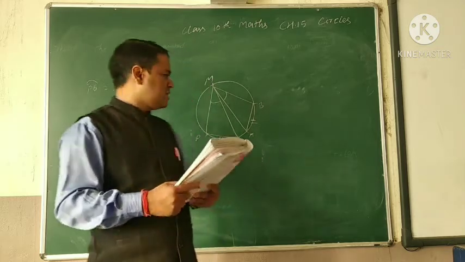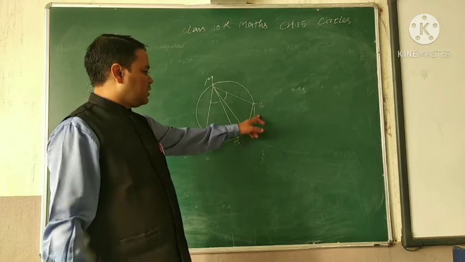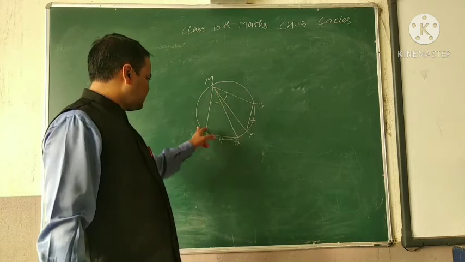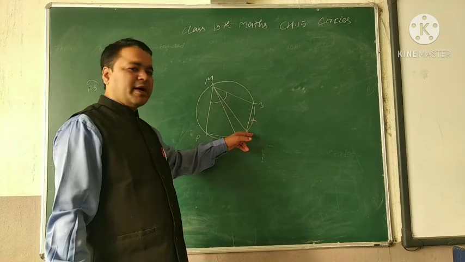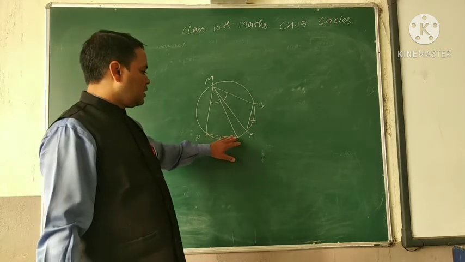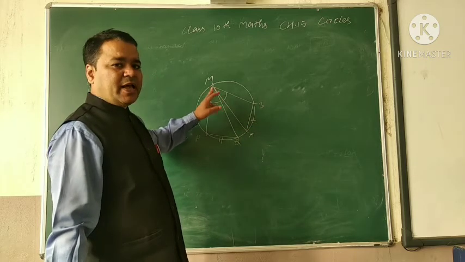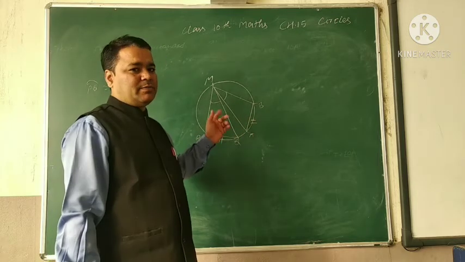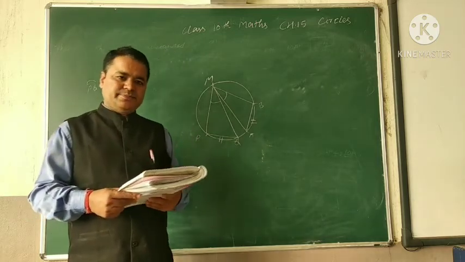The second one is given: equal chords of a circle subtend equal angles at any point on the major arc, minor. Major means this, AB. If we just leave this arc AB, then whatever arc is left, that will be the major arc, and this is called the minor arc. Whatever I explained, that the two equal chords make the same angle, just like two equal arcs make the same angle. Both are the same. Corollary first and corollary second.